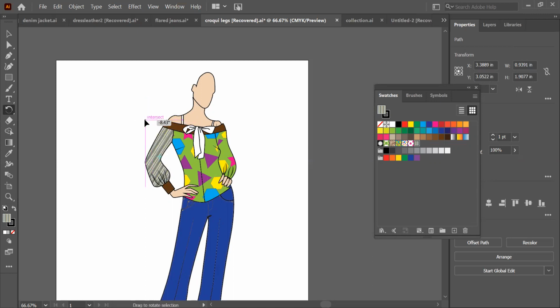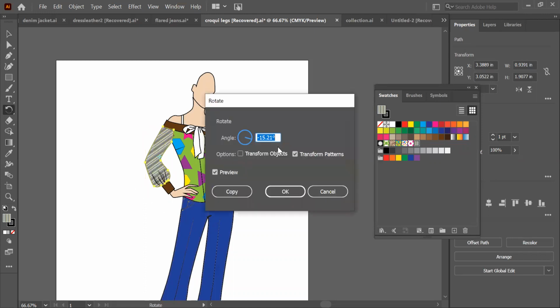So this is manually how I'm doing this. I can even go over here and adjust the size, and here we also have transform object and transform pattern. So if you're not able to do it through the tilde key, this is the other way of doing it.